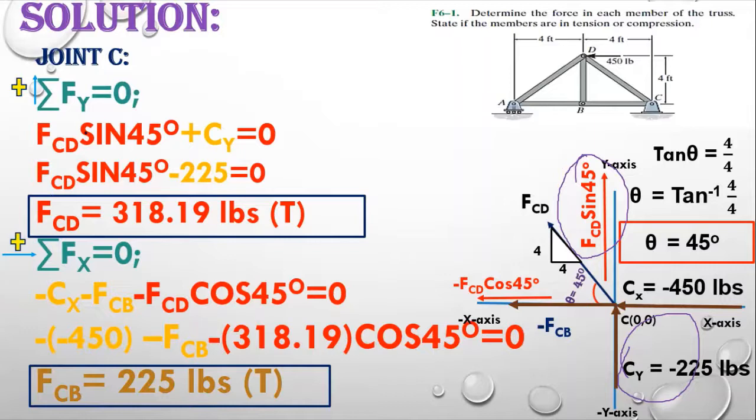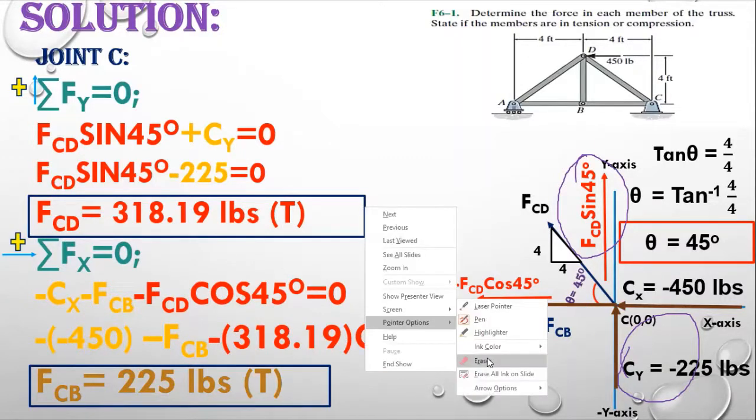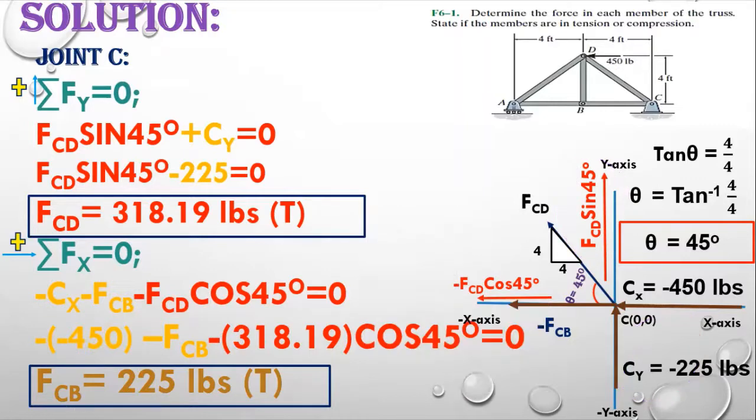So let me rub it, whatever I explain over here, so it will be more clear to you. So how many member forces have we calculated? We have calculated two member forces. So we are moving towards joint B, because we have already calculated FBA. So we have to calculate FBD and FBC, and you can easily say that at joint B there is only one vertical member force. So FBD comes out to be 0.